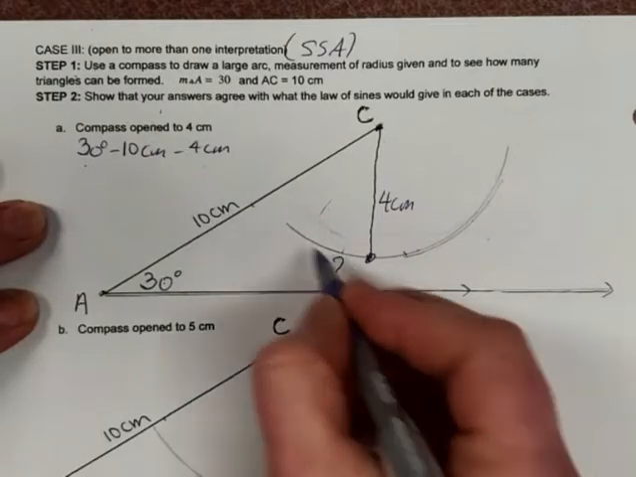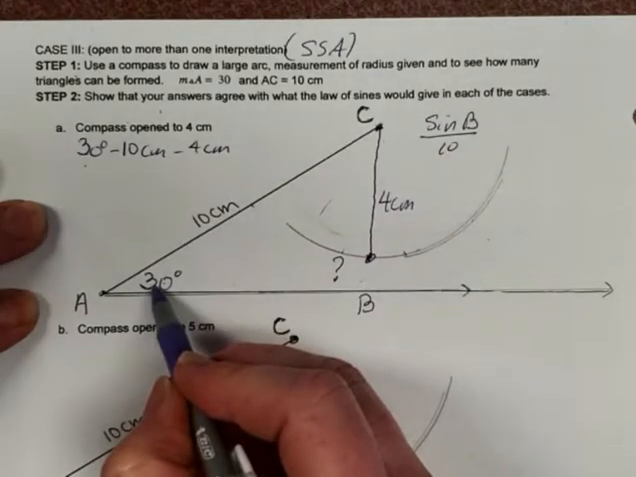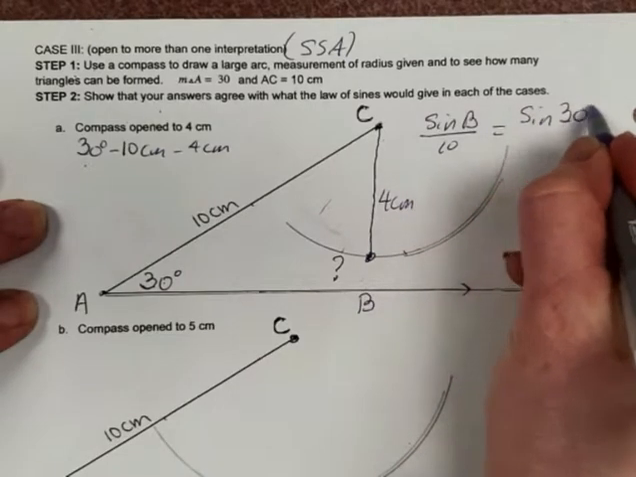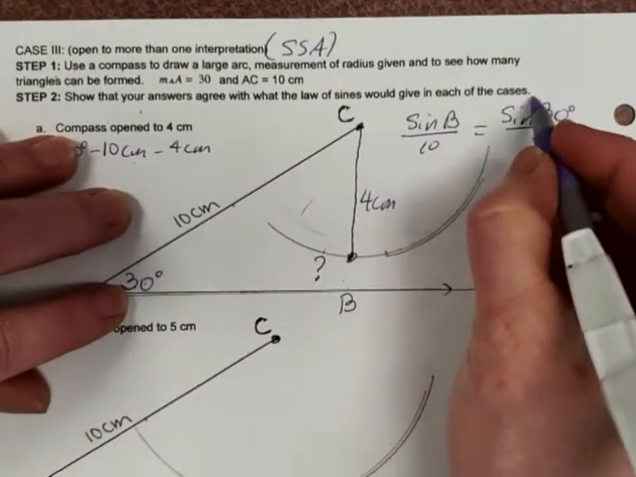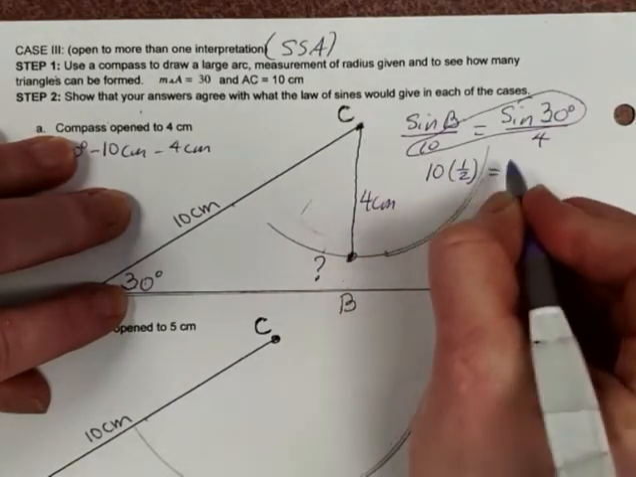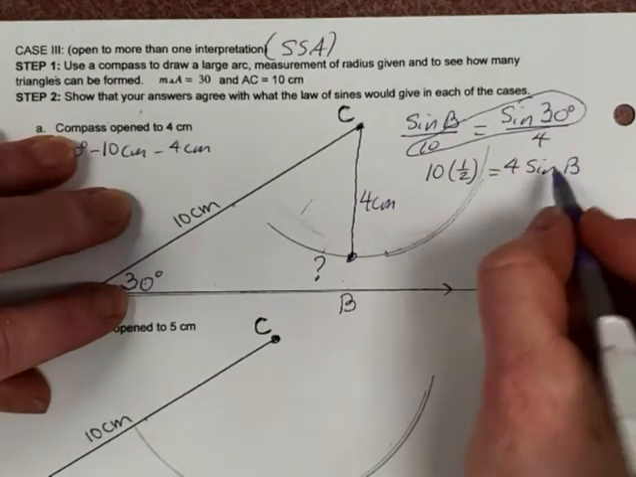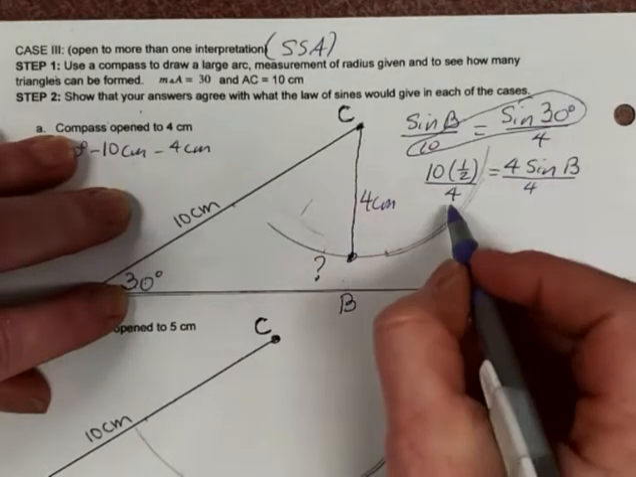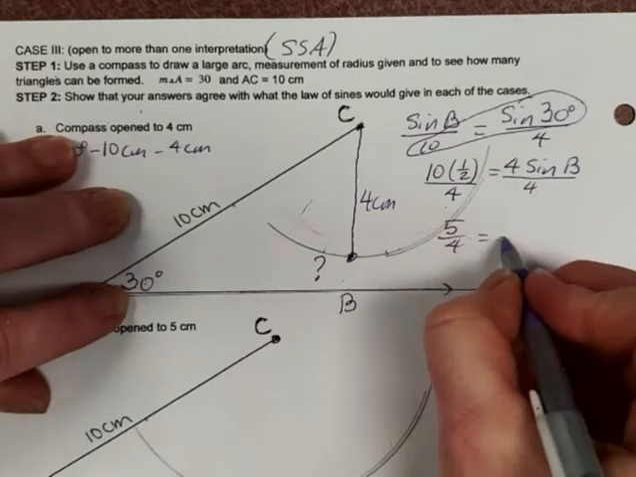But the sine of angle B is to 10, the same way that the sine of 30 degrees is to 4 centimeters. And the sine of 30 degrees, that's just 0.5 or 1/2. So really what I have is 10 times the sine of 30 degrees, 10 times 1/2, is equal to 4 times the sine of angle B. And to solve for angle B, I'd first have to get sine of B by itself, so divide each side by 4. And you can see that that would give me on this side 5/4